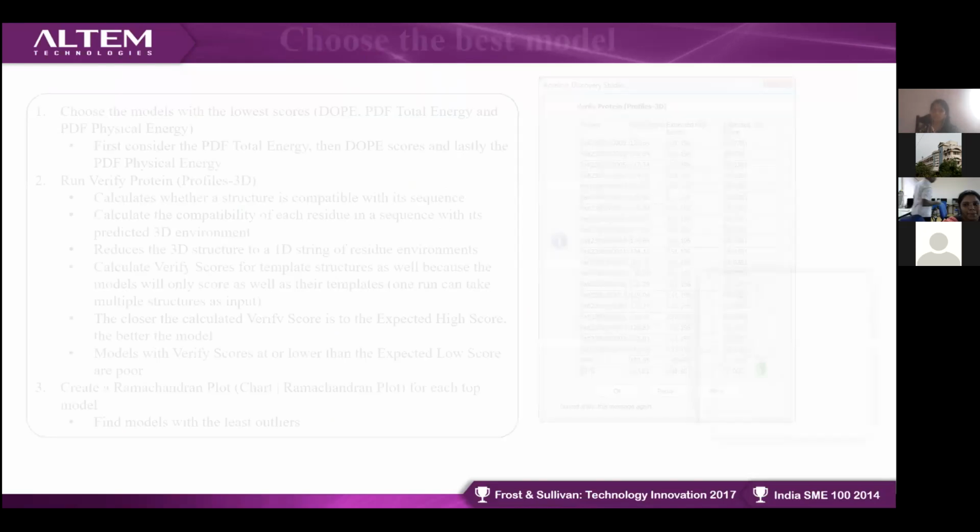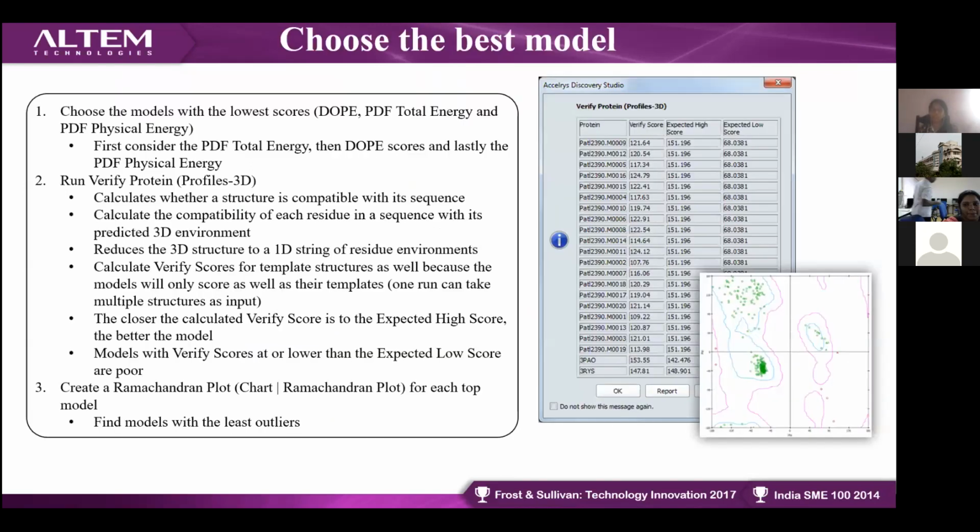So how will you choose the best model? This question was there from the beginning of the presentation. I started with the template sequence and target sequence, and I'm representing the template again here. Your target sequence is the sequence whose structure you want to find out, and the template sequence represents a similar, homologous structure.